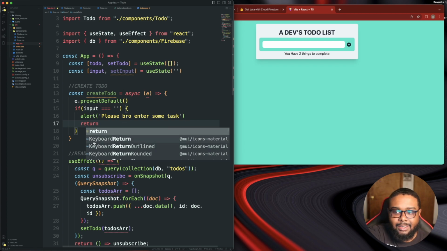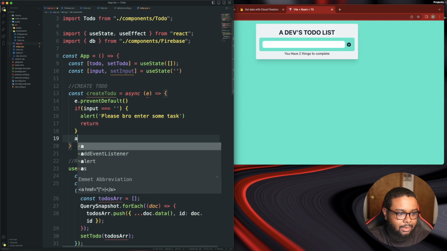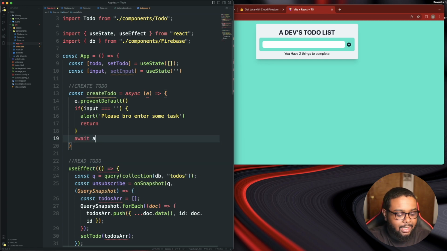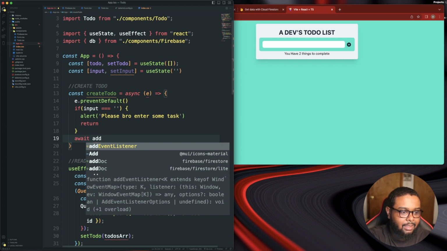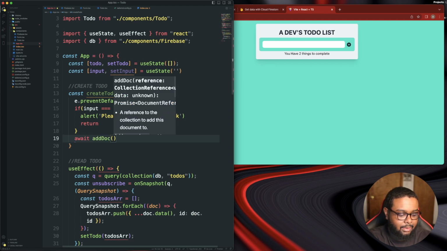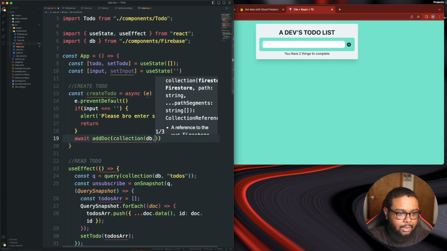All right, so after the if statement, we're gonna await, because we're still inside of an async function, so we have to use await. We're gonna do addDoc, which should already be imported, I guess, okay, it's not. So addDoc, we gotta make sure we import this. And same thing as the bottom, I believe. So we're gonna do collection, db, comma,